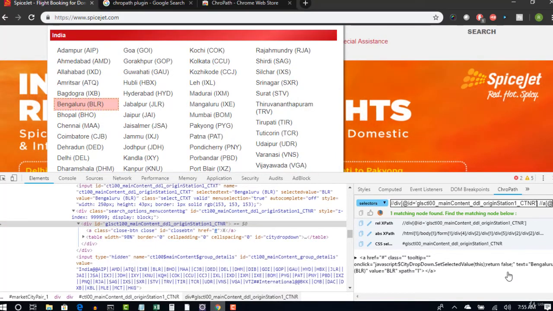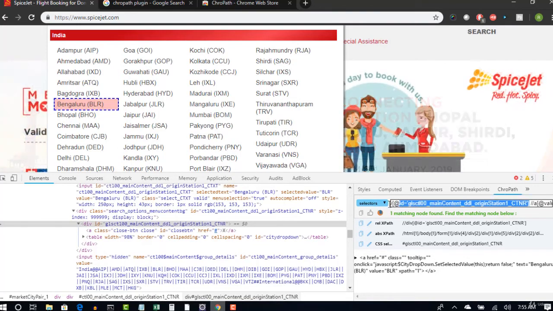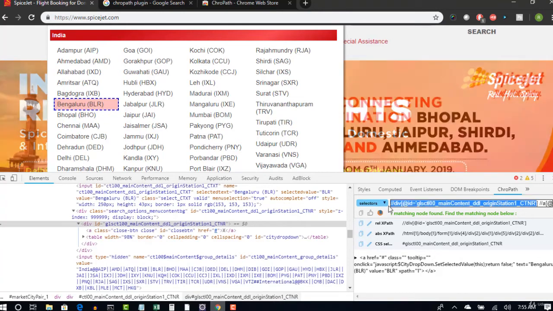After I give the parent XPath, give one space and write the XPath which you are trying to target in your page. This is called a child XPath because you are writing it after the first XPath. The first XPath we write is called the parent, then give only one white space, and then give another XPath. That will be treated as a child XPath. And what Selenium does is, this child XPath will be searched in this parent XPath scope only.